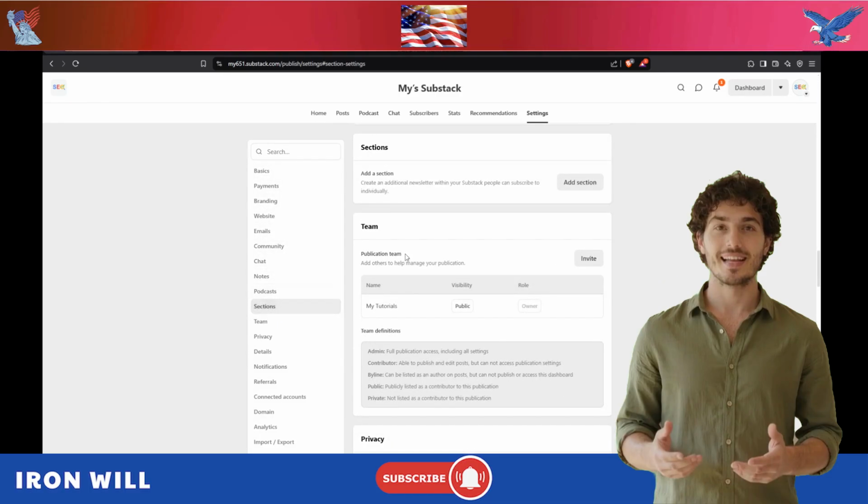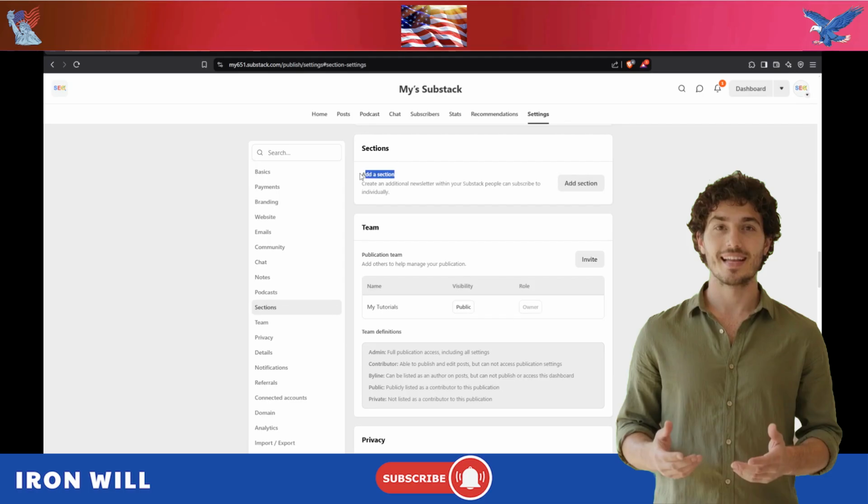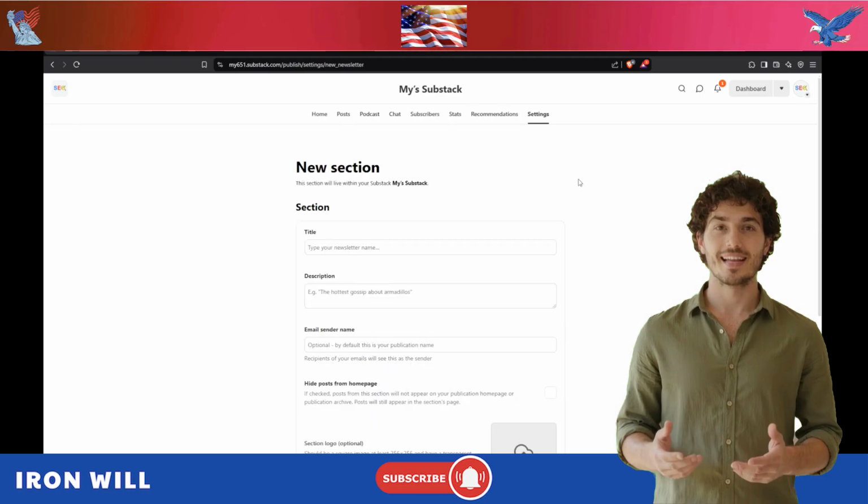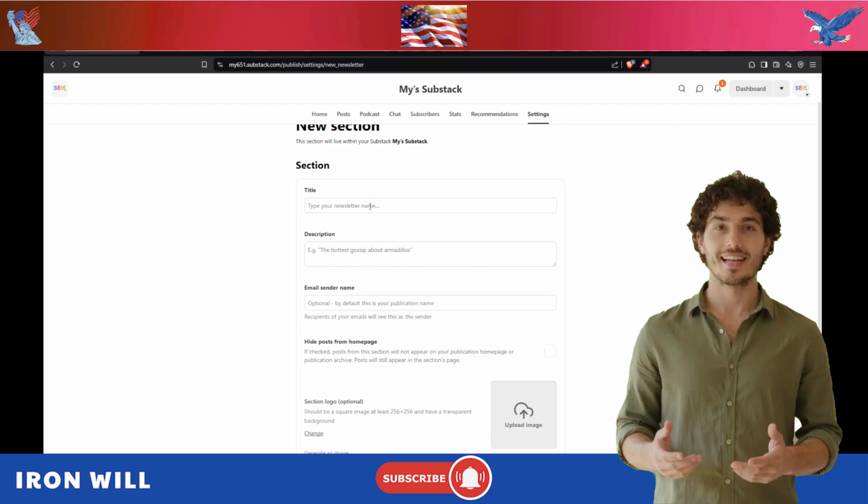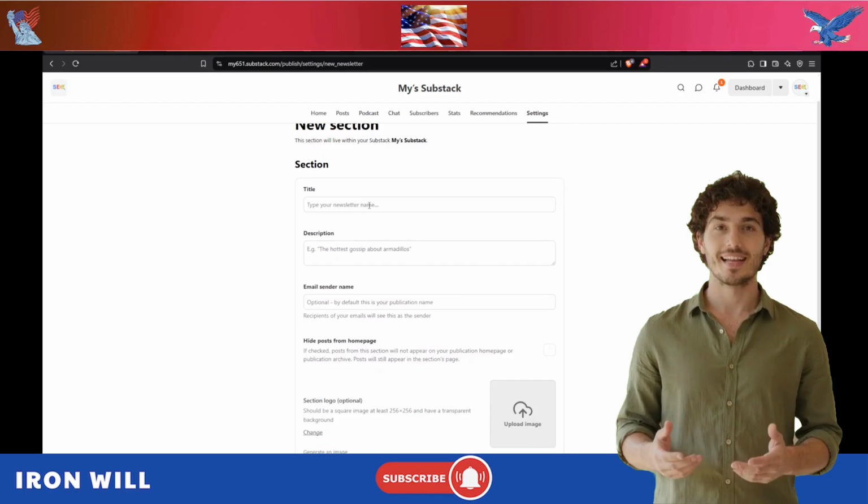publication. Once you are in the settings menu, look at the left-hand sidebar for the Sections tab. This is where you will create and configure new areas for your newsletter. Click on it to proceed. In the Sections window, you will see an option to add section. Click this to begin. You can think of a section as a dedicated space within your newsletter for specific content